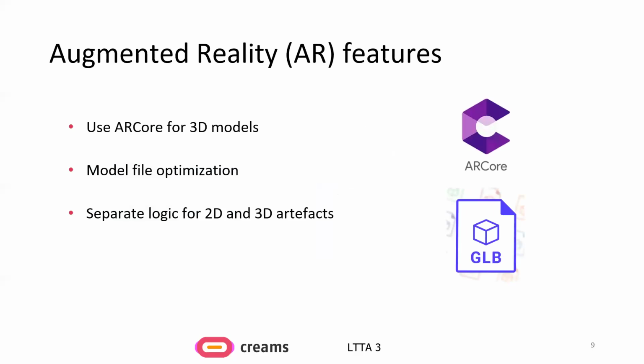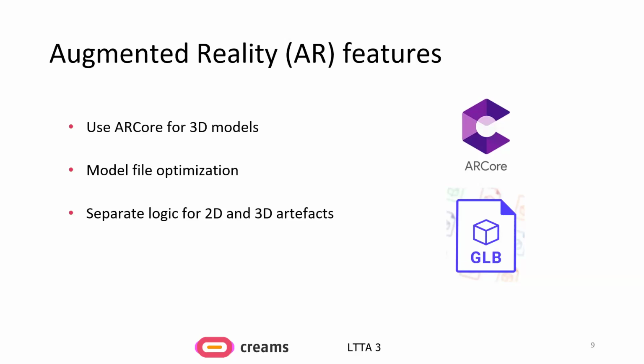The ARCore, which I mentioned earlier, is used for the 3D models. It integrates ARCore to display 3D GLB files for an interactive experience, and it ensures that it is compatible by checking ARCore support. We also used GLB files. We wanted to use GLB because it's faster to load, it's smaller in size, and it also requires fewer files to augment. It is only one file in binary.